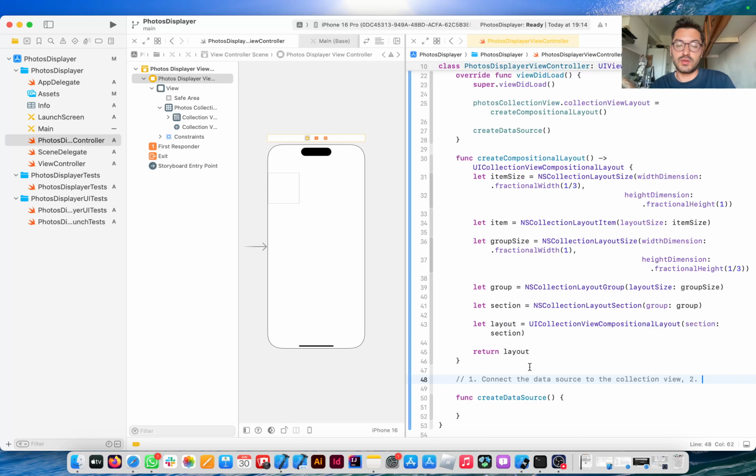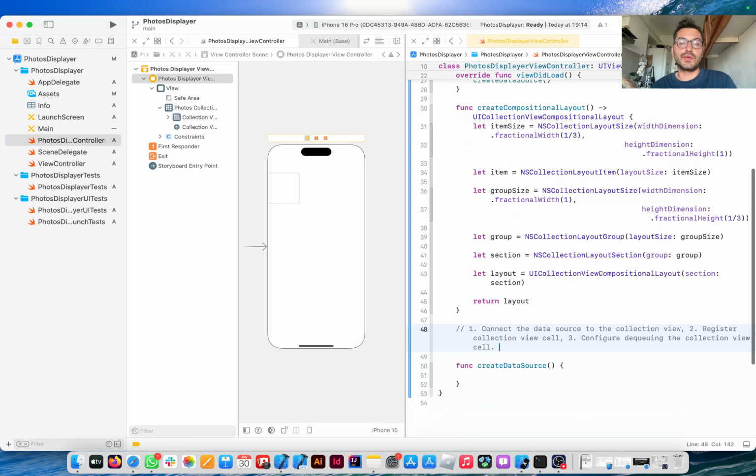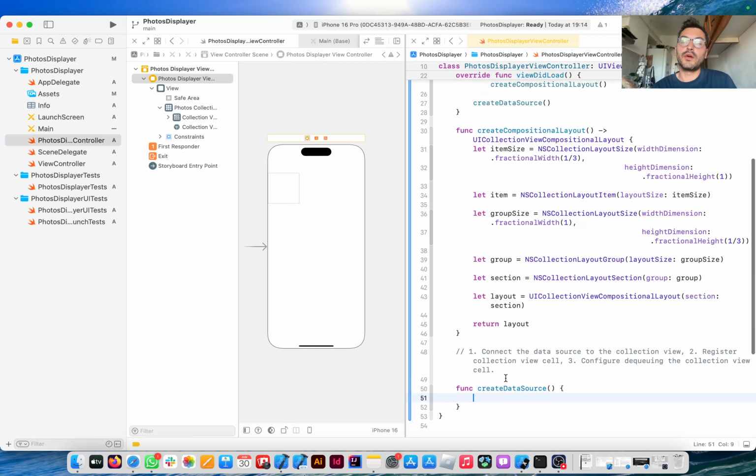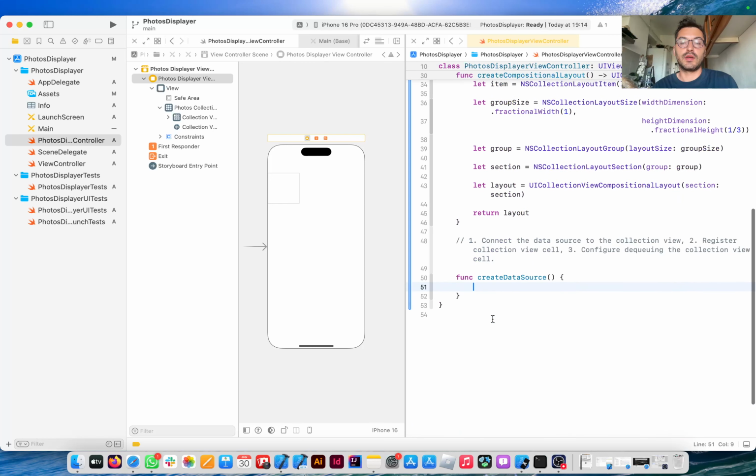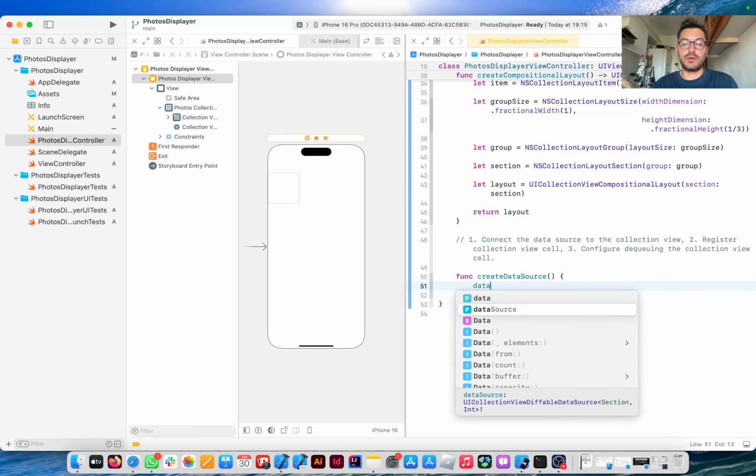So I'll say register collection view cell, right? And maybe configure dequeuing the collection view cell. So this is going to be my createDataSource method. Okay, so how do I go about doing this? I declared my data source here. So I'll just say dataSource equals